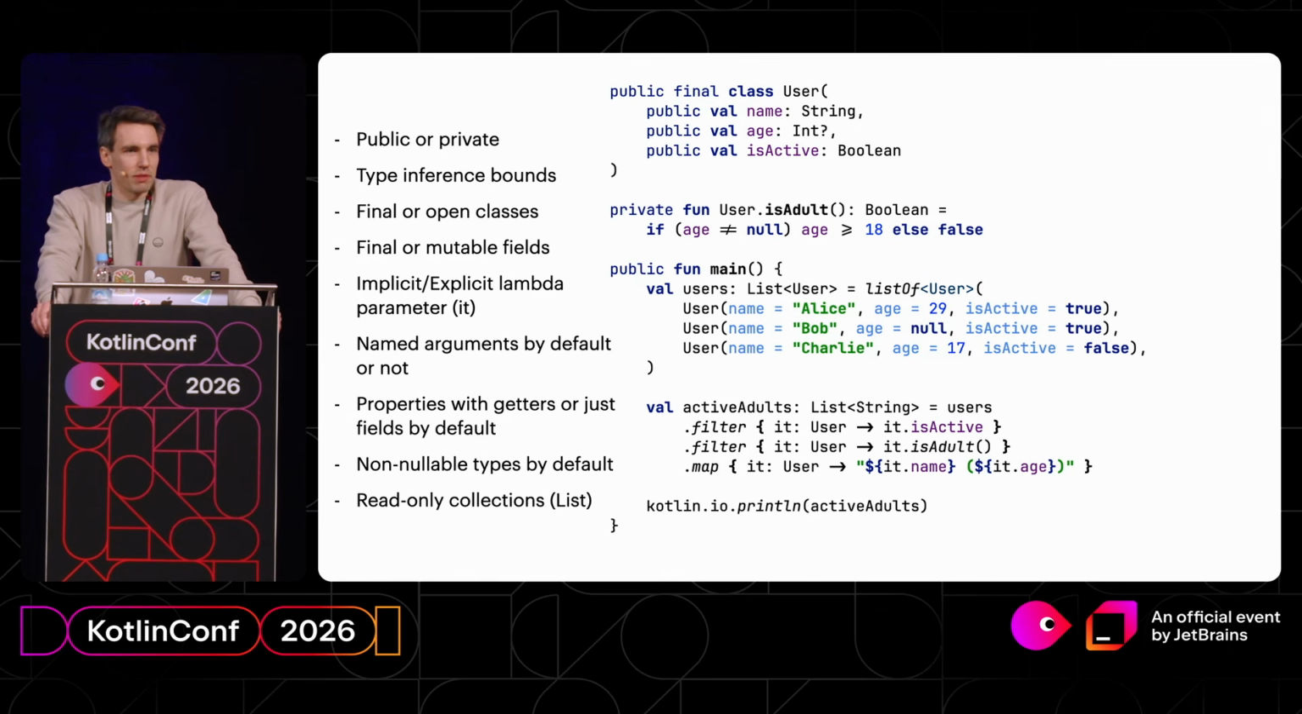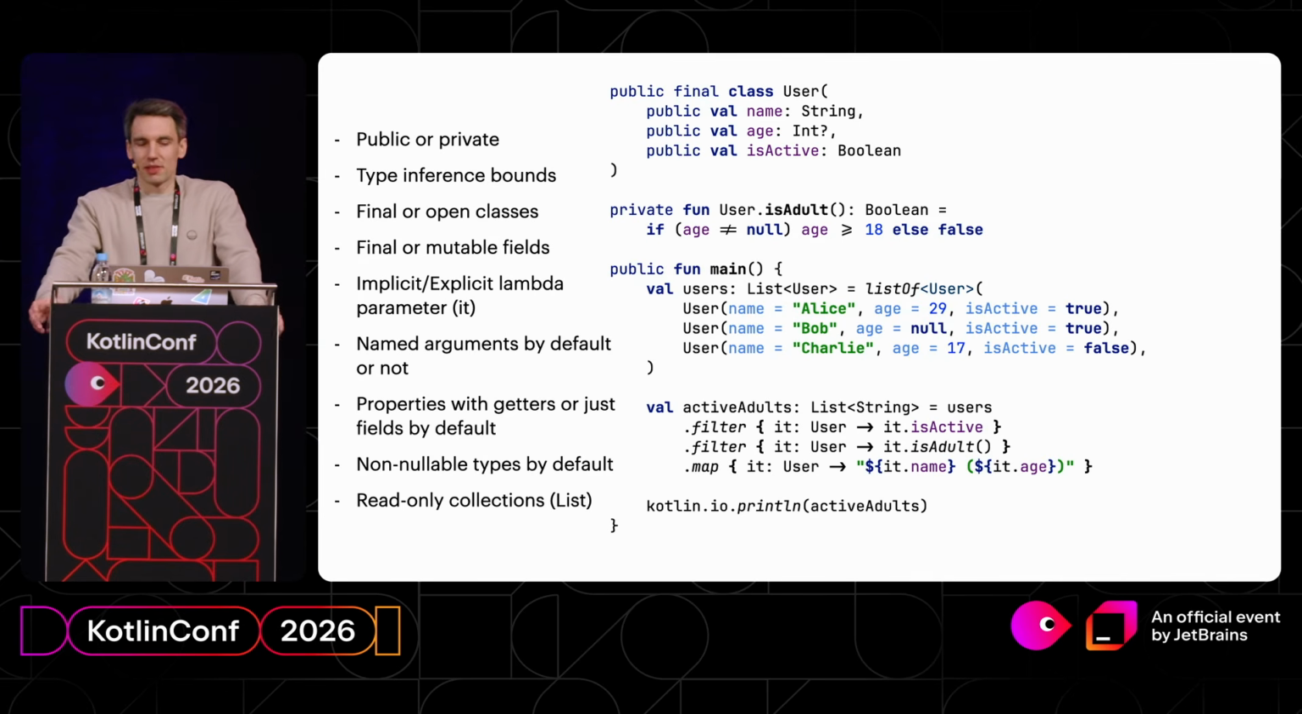Where are the type inference bounds? Should we infer types only for local variables, or also for declarations, properties, and functions? Should every class be final or open by default? Should everything be mutable or final? What about this implicit or explicit lambda parameter it? On the one hand, it's handy. On the other, it can be quite hard to understand when you have lots of functions in your